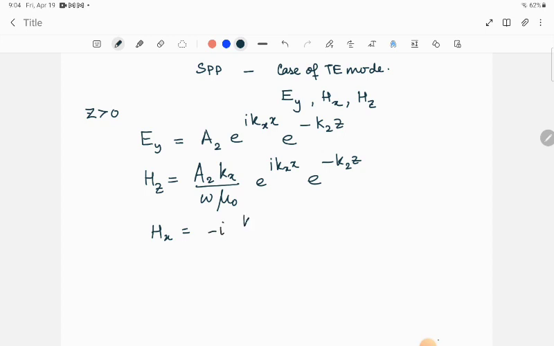It should come out to be something like this: k2 A2 by mu naught omega, with the same factors, i kx x, k2 z. Okay, and similarly, if you calculate for